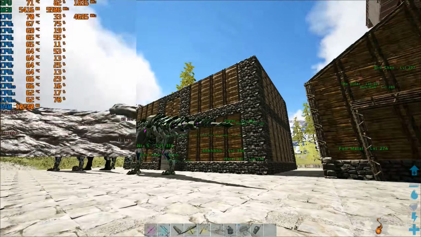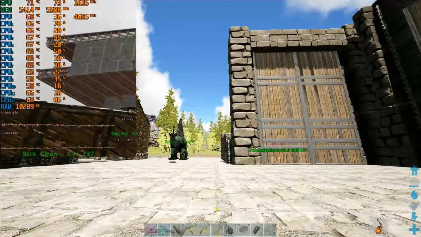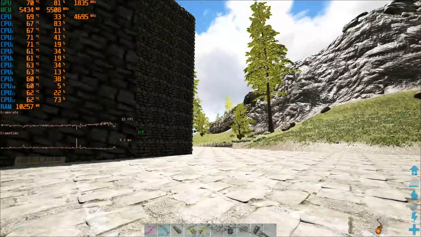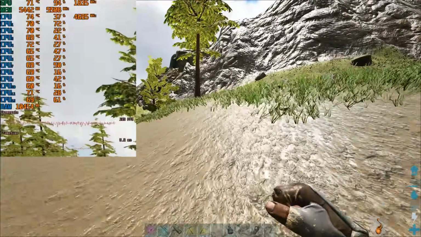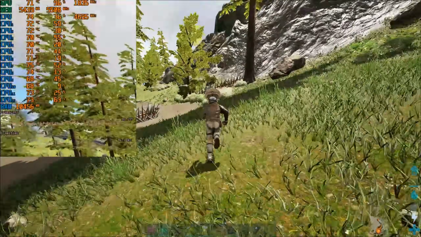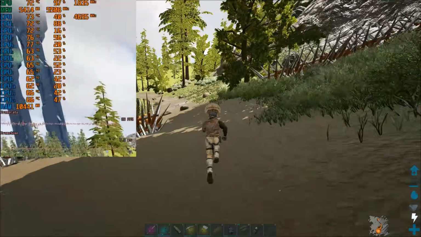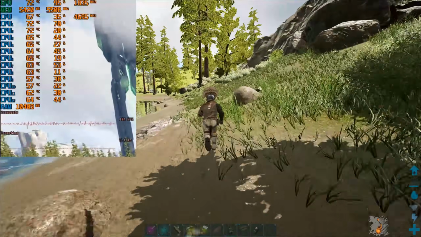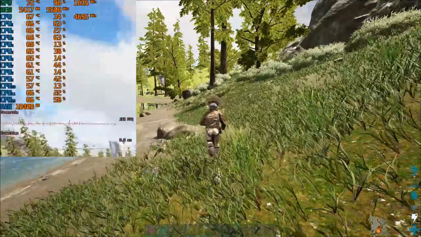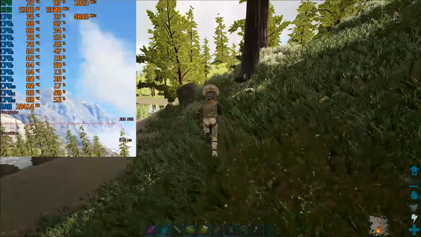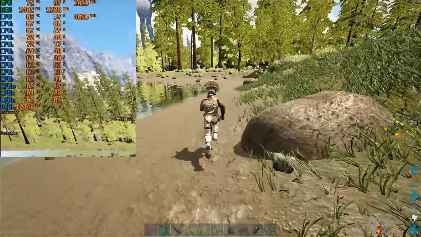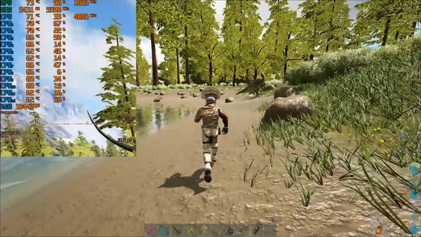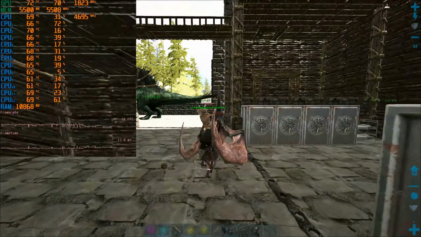Of course, we're going to get a lot lower FPS when you're running around in all these structures we have built, because that's not really optimized by Ark, so you do lose a lot of FPS there. But once we go away from the buildings, we go out into the wild, we start getting up to the 90s, the 100s, staying around the 100s when we're just running around, fighting, doing whatever we want to. And I really like these settings because I feel like they're a good balance between fidelity and FPS.